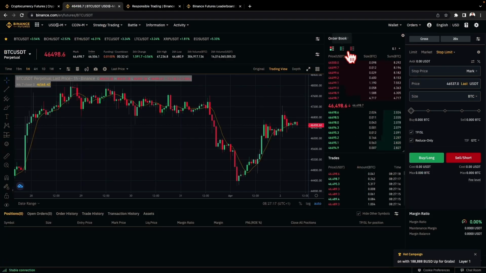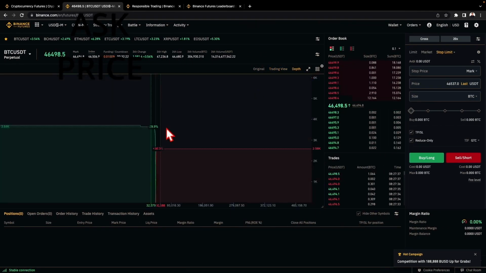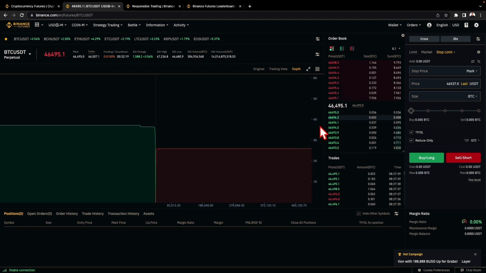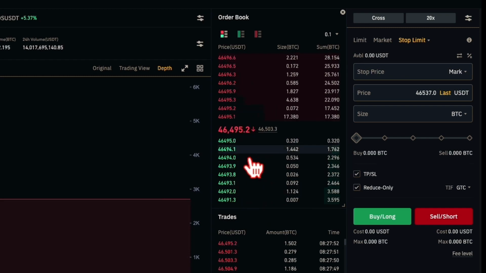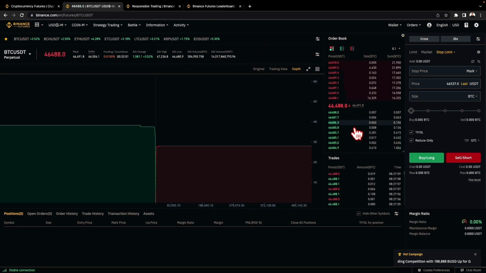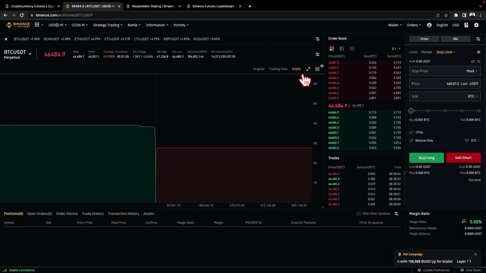And if you come over to this place, we have the order book. The order book shows you the ask and bid price. The ask price is what people are willing to sell Bitcoin for, and the bid price is what people are willing to buy Bitcoin for. When the bid and ask price meet, that's when the trade happens. If you click on this depth, you will see what people are willing to sell and what people are willing to buy. The bids are always in green, except if you change the color. These are what people are willing to buy Bitcoin for, and it's slightly lower than what people are willing to sell it for. And when the two of them meet, that's when the trade happens, which you are seeing here. I just clicked on depth for you to see it here.